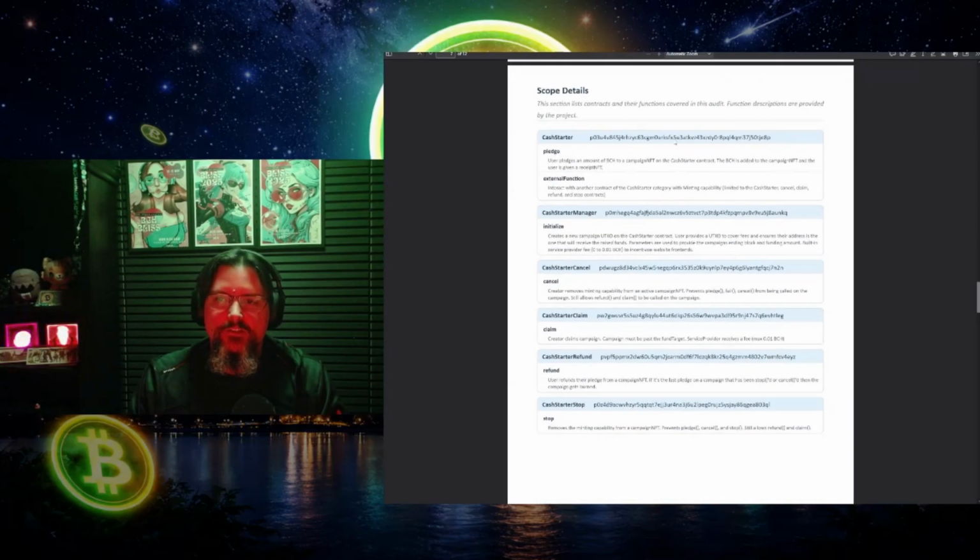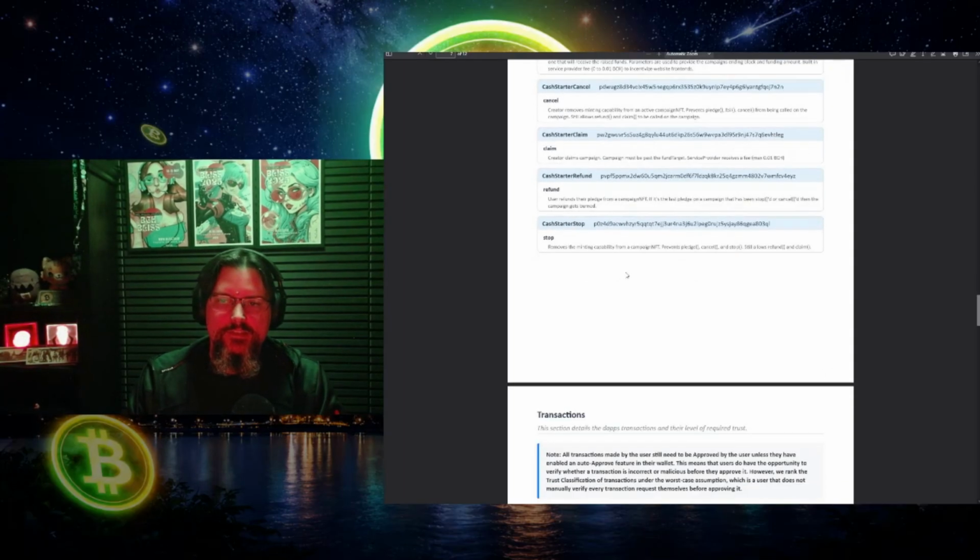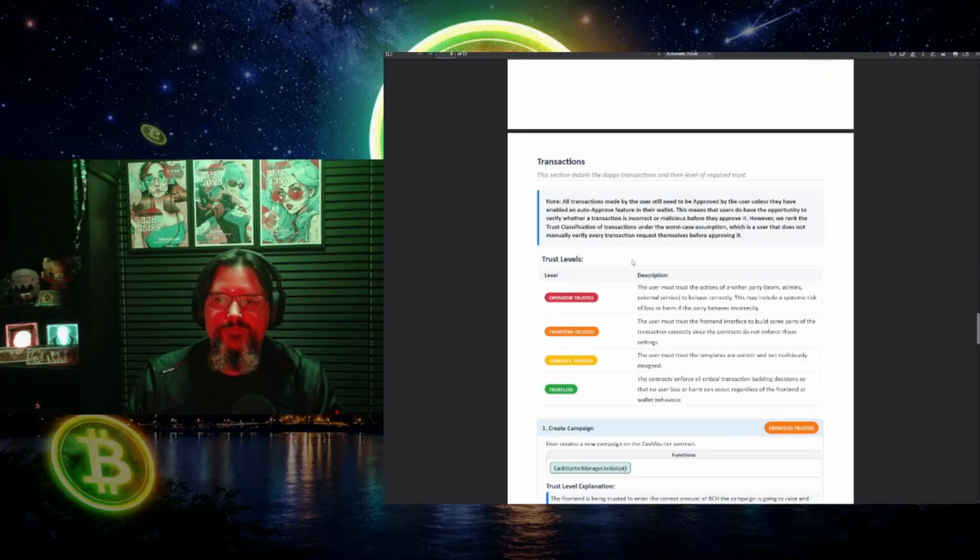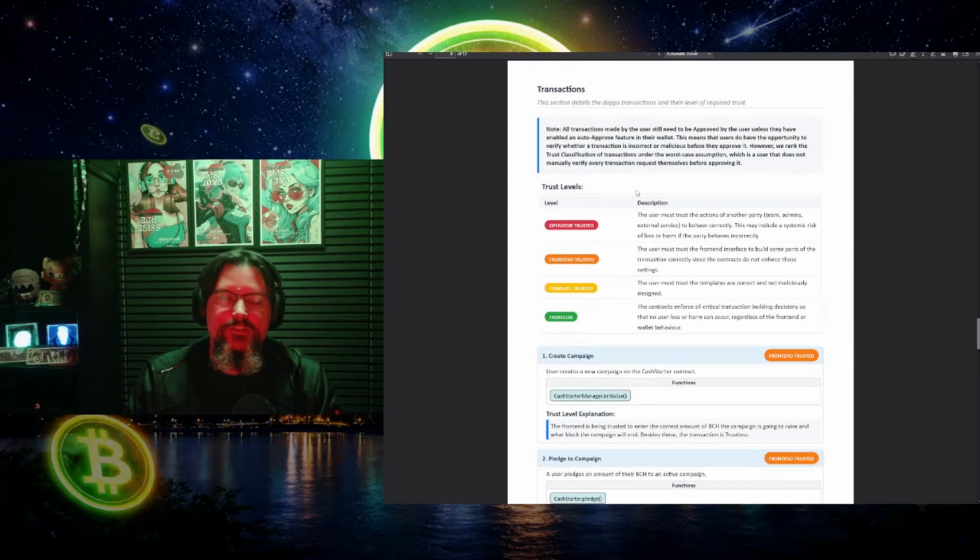And then you go down into the contracts themselves. These are the Cash Starter contract. This is the address that it lives at, and these are the two functions that can be called in that contract, and then a little description of what they do. So these are the actual transactions that the contract or the application can do, or the DApp, whatever you want